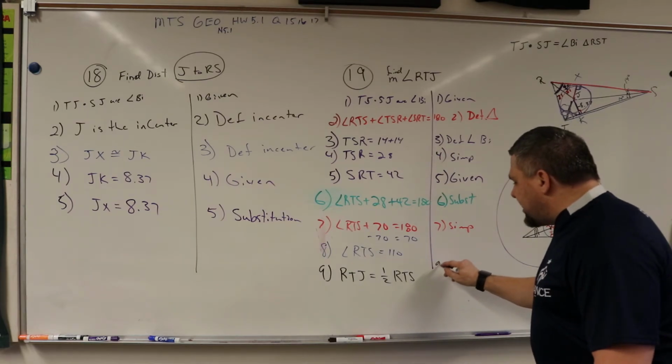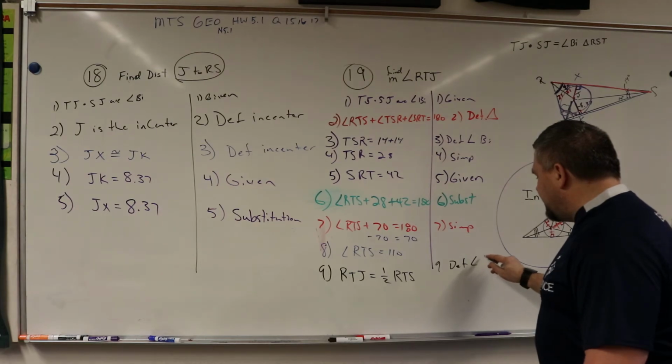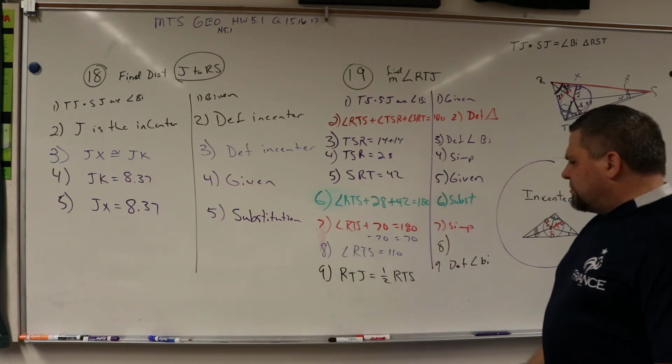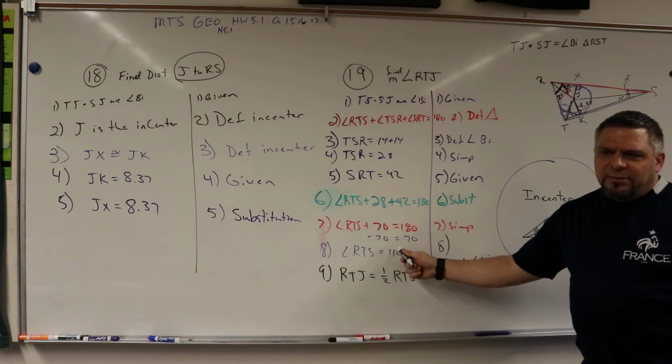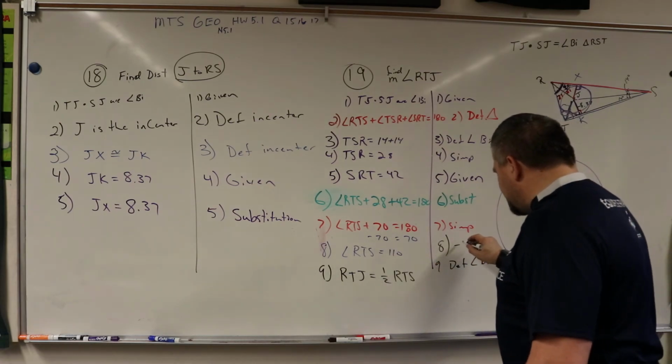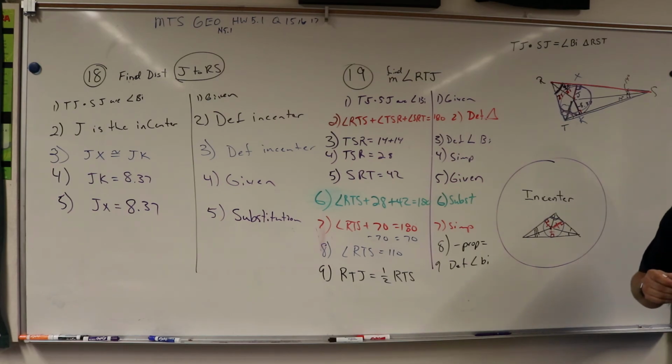And that's because the definition of angle bisector, right? Okay? And number 8. What was number 8, by the way? We didn't write anything. Subtraction property of equality. Perfect. Subtraction property of equality. Okay? What's our last step? Well, actually,